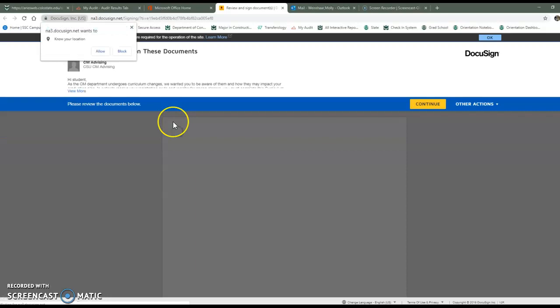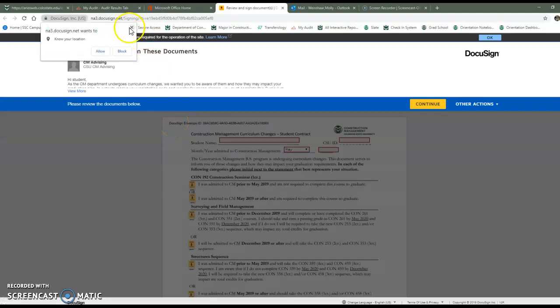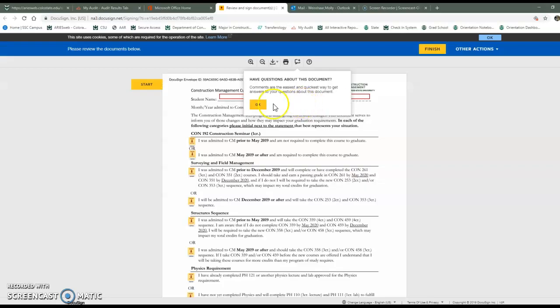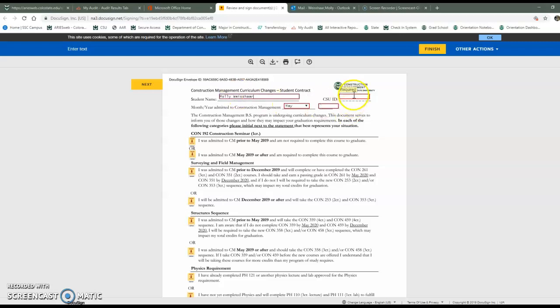So I'm going to click Review Document. And I'm going to say Continue and start up here. So I'll start by putting in my name, both first and last, my ID number that I'm going to make up currently, when I was admitted to construction